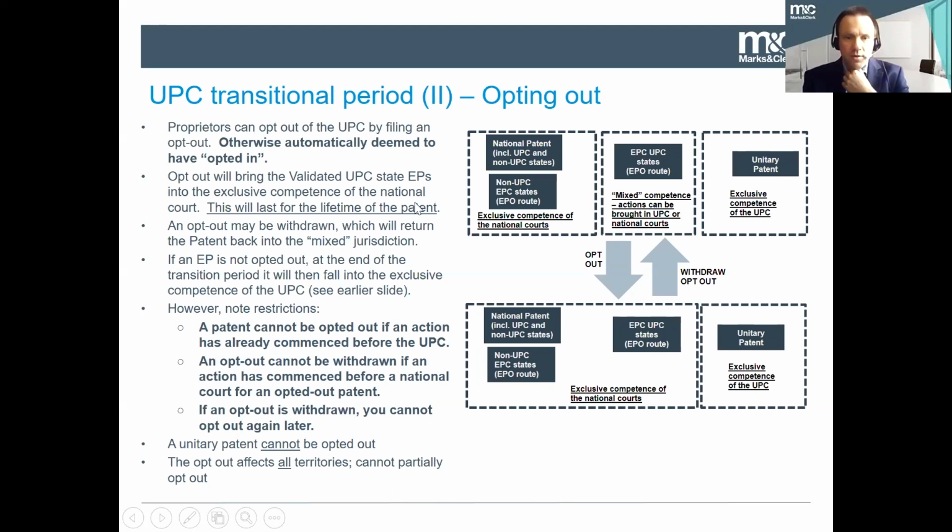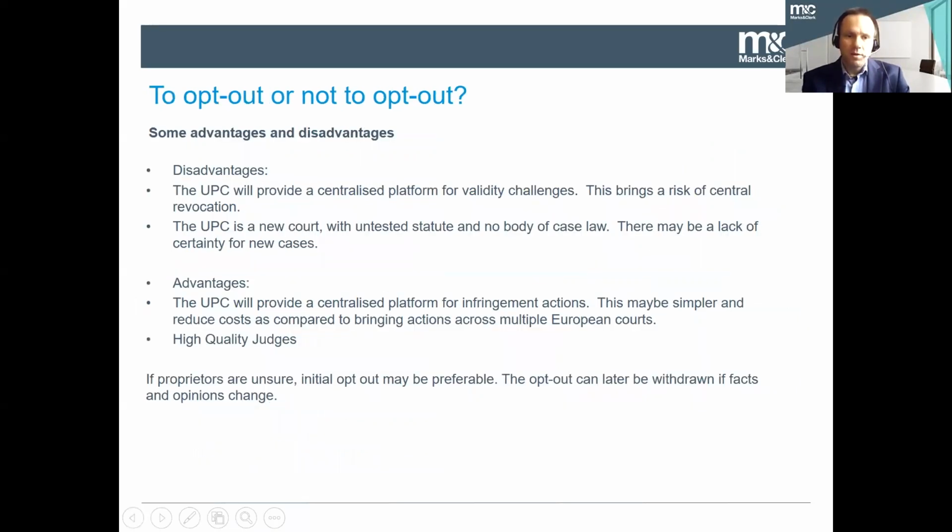Let's talk, a final point, of course. Once you've opted out, that state stays the same for the life of the patent. So what happens is, after the 7-year transition period is over, you still benefit from the opt-out until the patent runs to its end of its term. So it doesn't then automatically default back to the UPC. No, it doesn't. It actually stays with the national courts. That's important. Now, all that's well and good, but do you really want to opt out, or maybe you want